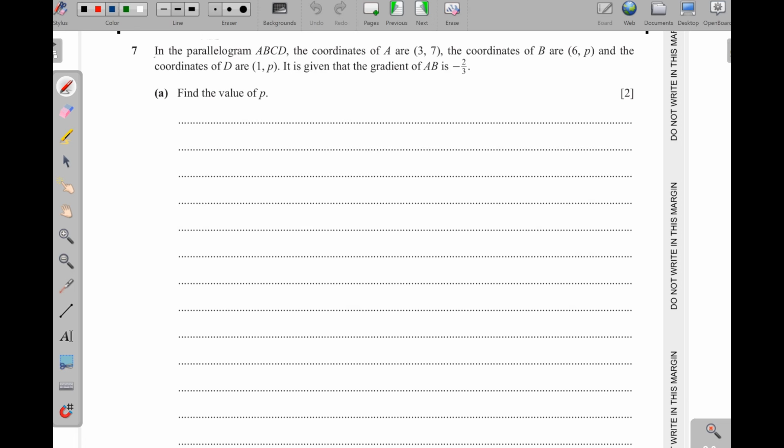Question 7. In the parallelogram ABCD, the coordinates of A are (3, 7), the coordinates of B are (6, p), and the coordinates of D are (1, p). It is given that the gradient of AB is negative 2 over 3. Find the value of p. If the gradient here is negative, then the line has to be like that. You get it? Now,